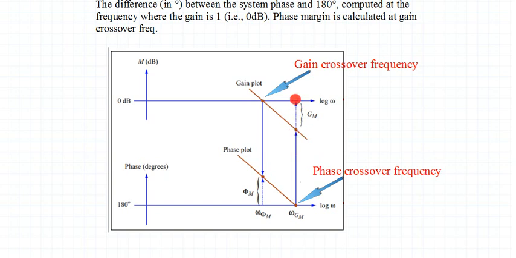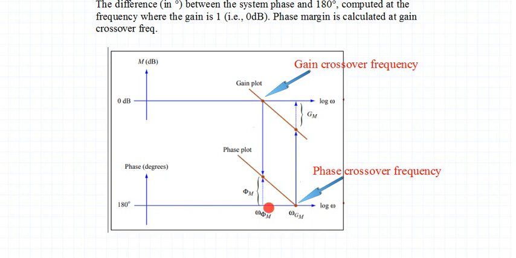How do you find the phase margin? Here is the phase margin. To find the phase margin, you have to use the gain crossover frequency. Project your gain crossover frequency on the phase plot. Where it meets your phase plot, that particular point with respect to 180 degrees, the difference between the projected point on the phase plot and 180 degrees becomes your phase margin.